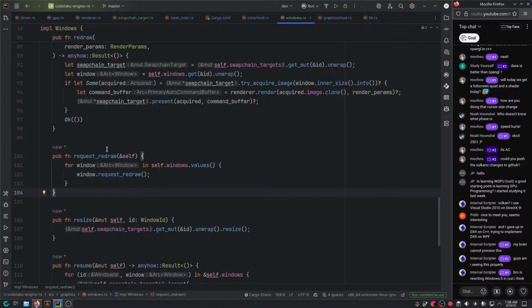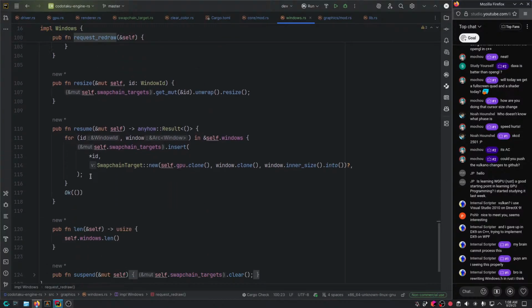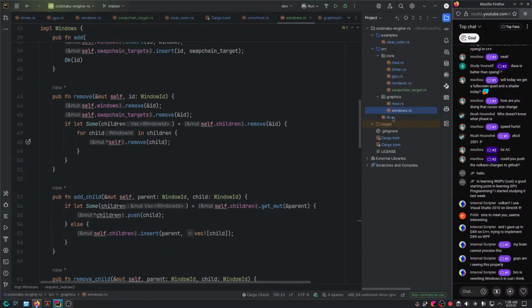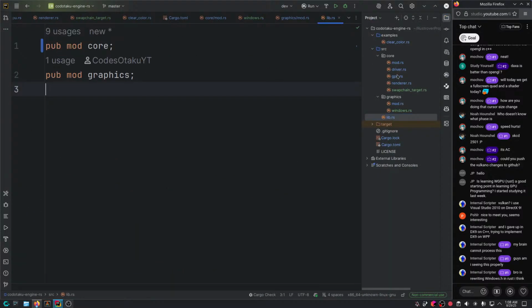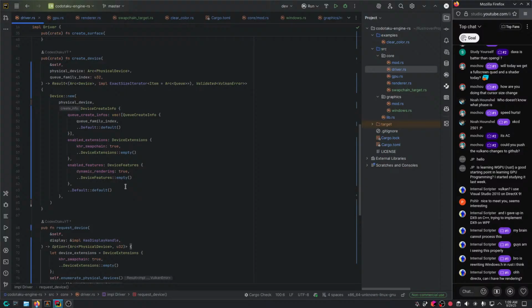Anyways, request redraw. For every window, we just request redraw, and that's basically it here. Insert. Okay, so nothing crazy here. Now let's check the other ones that we've done so far. So we got the GPU. Let's start with the driver. So first of all, I removed the